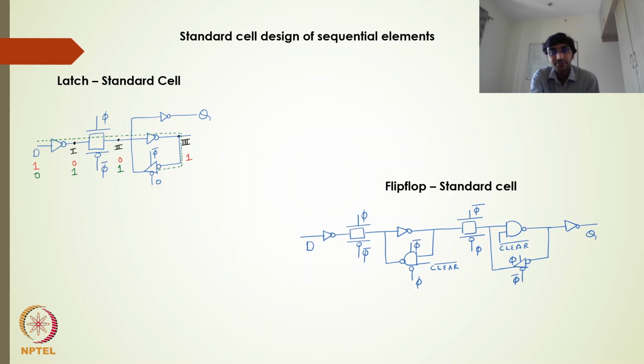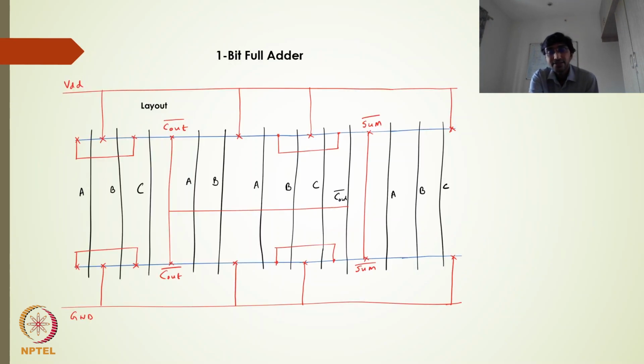Post that, we will start with the sequential elements and the standard cell libraries which we have been using for the latch design and the flip-flop design, followed by the static timing analysis, the timing constraints, and how not to violate the timing in the sequential circuit design. That will also be discussed in this particular course. And then we will move on to the subsystem level design. So the very primitive subsystem level design will be the 1-bit full adder.